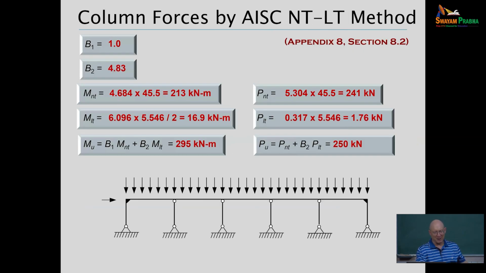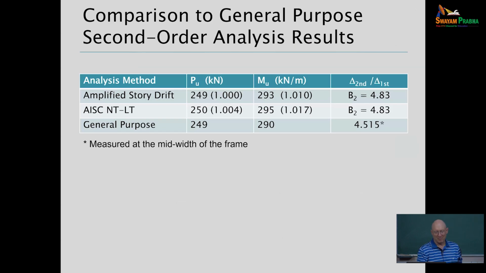And we can do the same thing by the NT-LT method, so same B1, same B2, but we need NT and LT moments and axial forces, and then we do B1 times the NT value plus B2 times the LT, except for the axial force, it's just P_NT plus B2 P_LT. And these are similar, but actually a little less accurate than what I just showed you with the amplified story drift method. And if we compare everything, so if we run a general purpose analysis here with your favorite software,